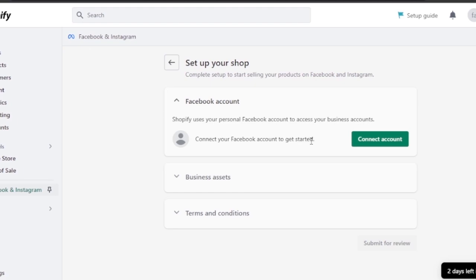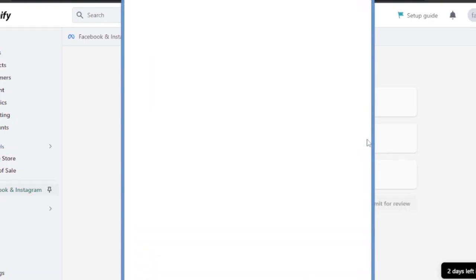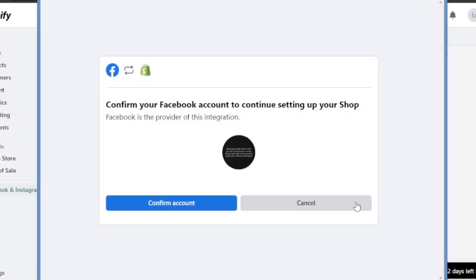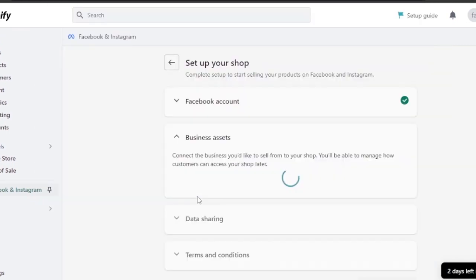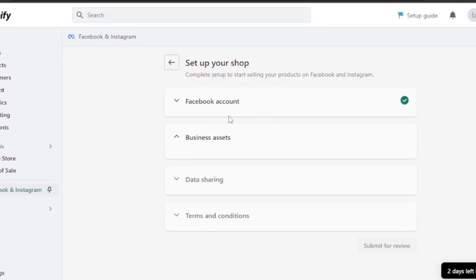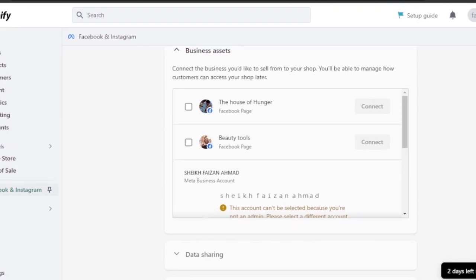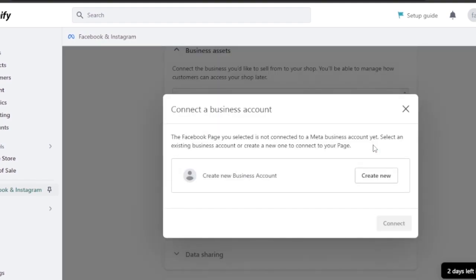And now, first of all, you have to connect your Facebook account. Shopify uses your personal Facebook account to access your business accounts. So I'm just going to connect my Facebook from this option. Continue, confirm account, allow. Okay, so you have got your business assets of the account that was linked to Facebook. So I have two business assets right now. So which one do I want to connect? I'm just going to click on this one because I'm going to connect this beauty tools with my Facebook